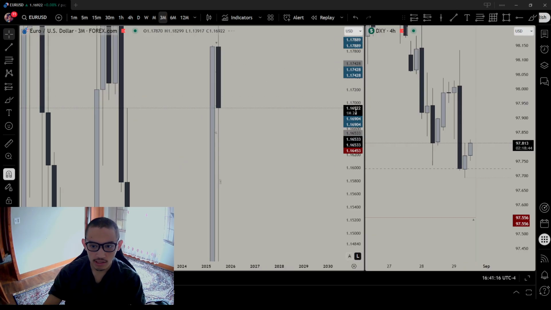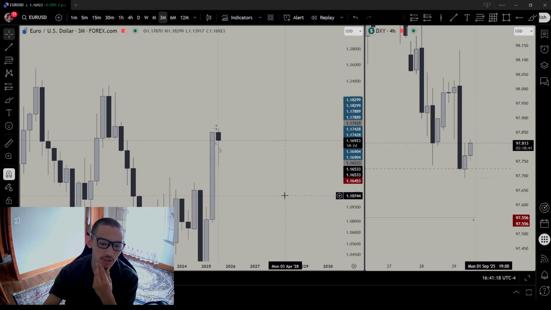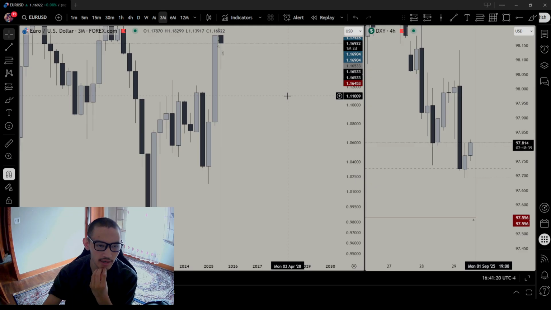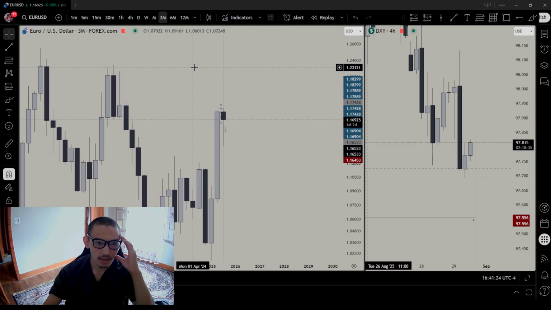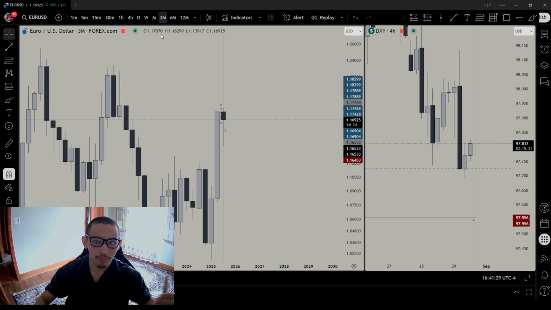But what we want to focus on is the higher time frame, because the biggest problem with ICT traders is they focus on the 15 minute, 1 minute time frame without looking at the higher time frame. This may look stupid because you want to make money right now, but a high probability setup won't happen every single day.